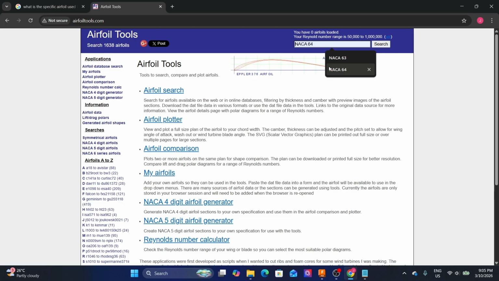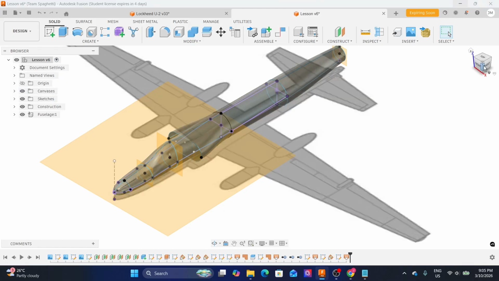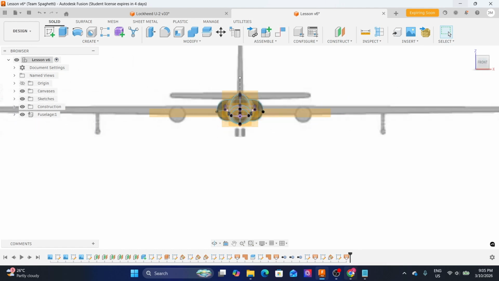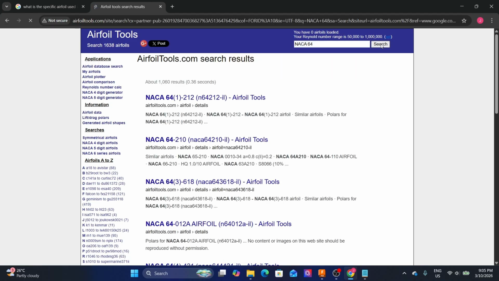several airfoils already, and really some of them are trial and error until you get as close, or approximately close, to the shape of the canvas here. So let me go here, so canvas, so here. For me, what I found that fits best at that canvas is the NACA 64 series. And then I hit search, and this is the specific airfoil that I have used for the Dragon Lady. So I'll just select this,